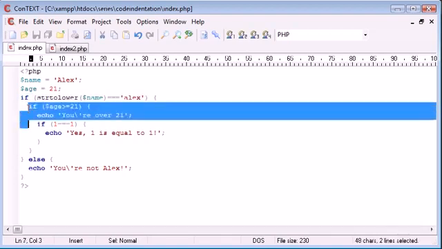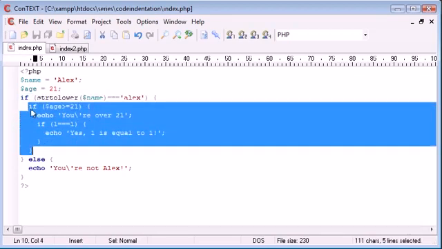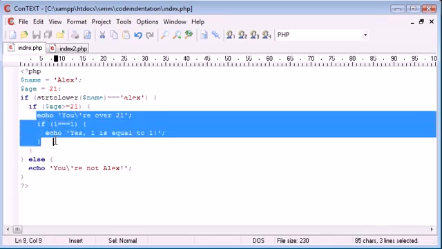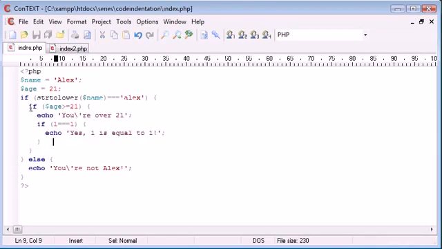So the block, I can already tell, is just from the start of this if down to here. So this is the start of the block and this is the end of the block here. And this is the start of the top block and this is the end, and then we say else. So inside of this block here where we're saying is age greater than or equal to 21, this is inside. And we can automatically tell that because we've got straight down here, straight down here, and straight down here. And then we've indented just the echo inside of here. So you can